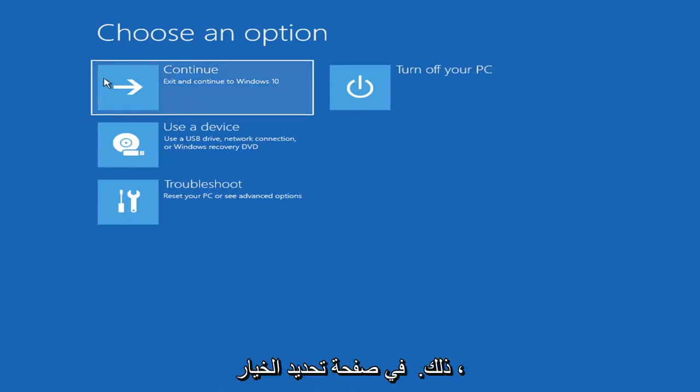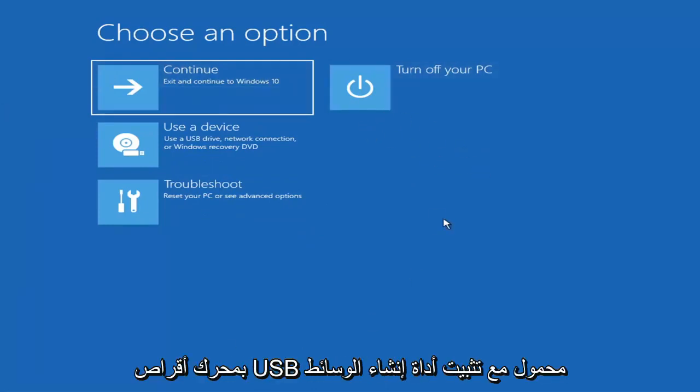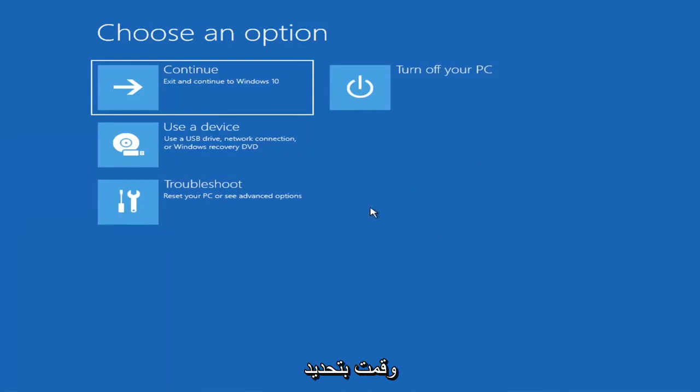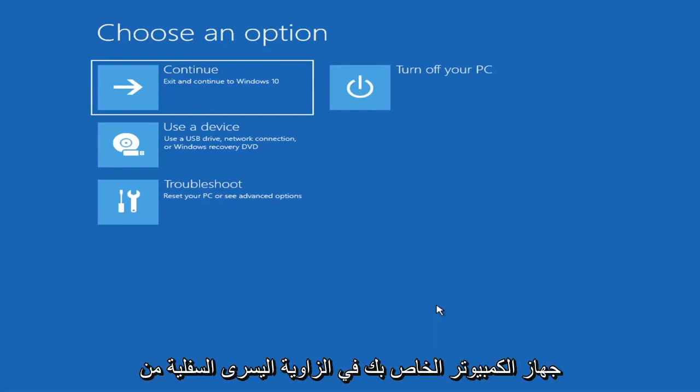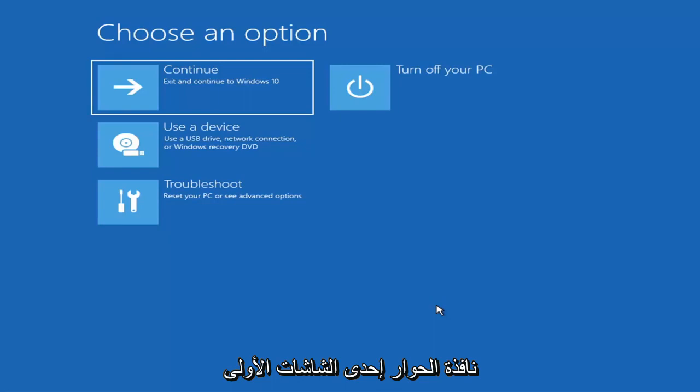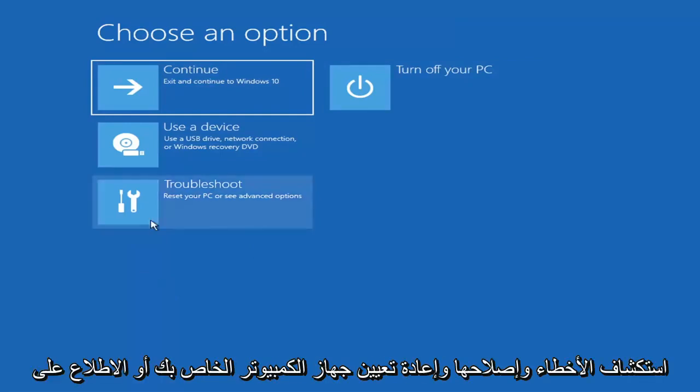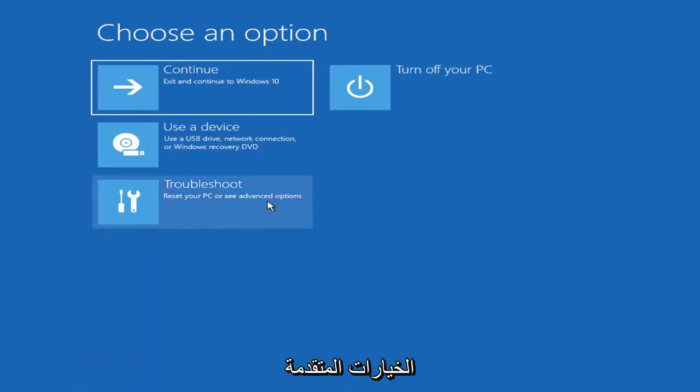So we're on the choose an option page. These will look very similar whether you're booting directly within Windows itself, or if you're plugged in a USB flash drive with the media creation utility and you selected the recovery option. When you are setting up your Windows 11 or Windows 10 installation, depending on the drive you're using, there should be an option to repair your computer in the bottom left corner of the dialog window, on one of the first screens that comes up. You select that, and then it would take you to a troubleshooting screen like you see here. And you want to select troubleshoot, then reset your PC or see advanced options.